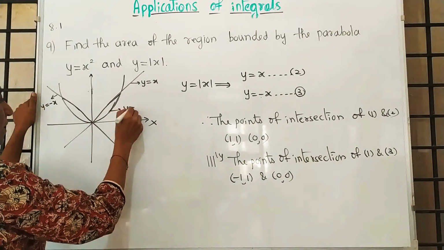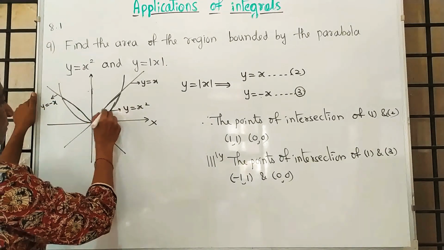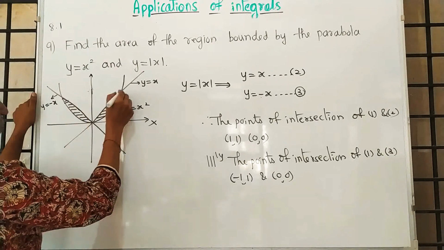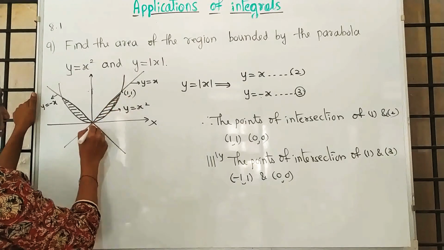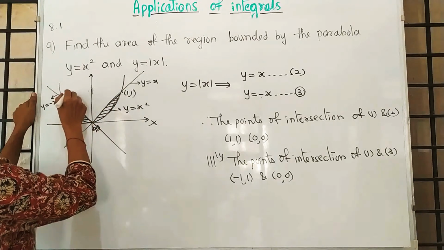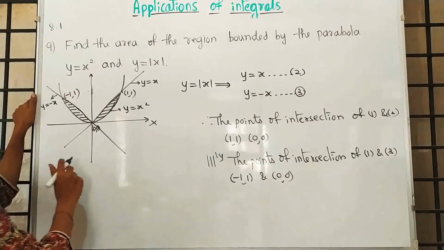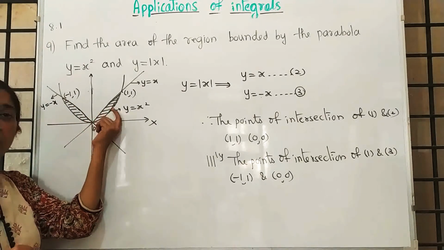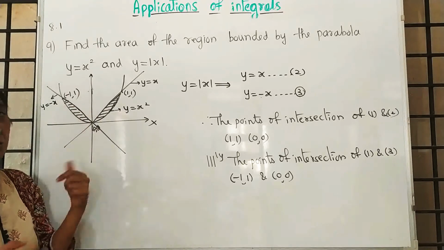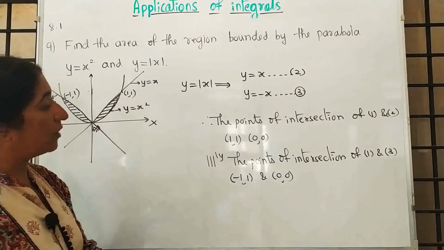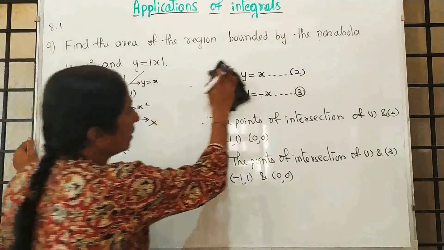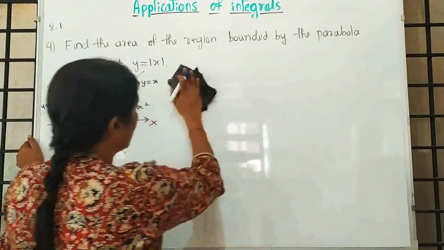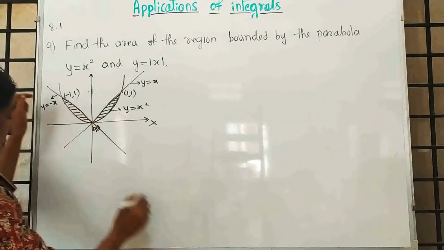And the parabola is y is equal to x square. See, the points of intersection are 1, 1, this is 0 and this is minus 1, 1. And you know that the curve is symmetric and whatever the area we are getting, the same area we will get in the next quadrant. That means calculate the area in the first quadrant and make it double. Before that,